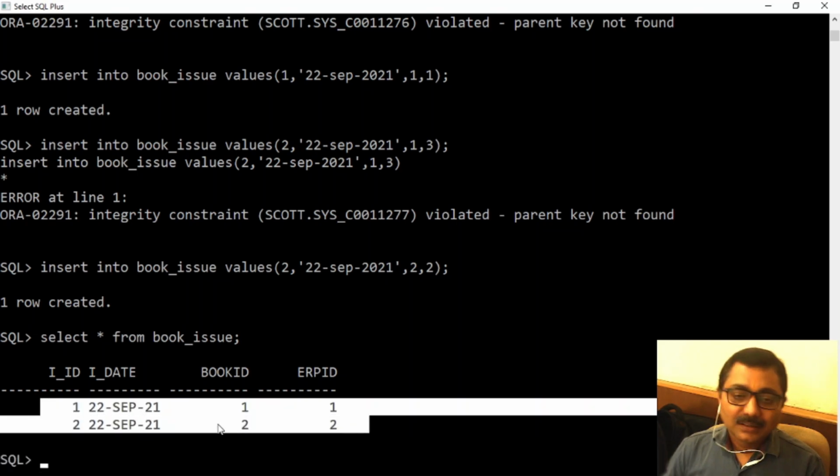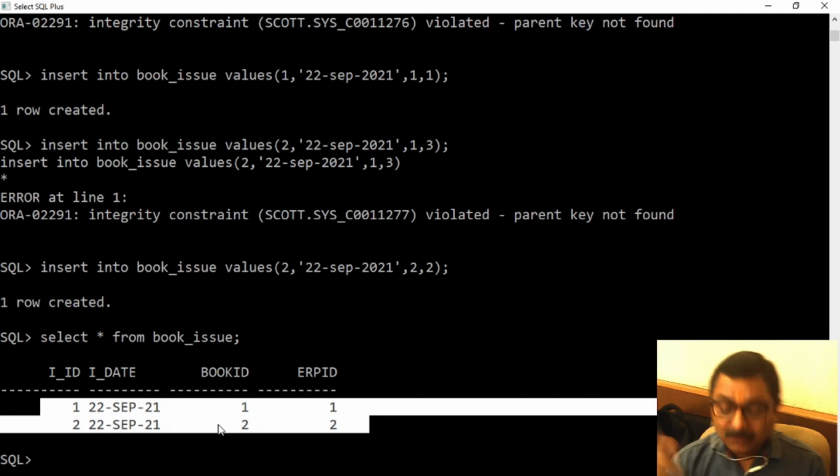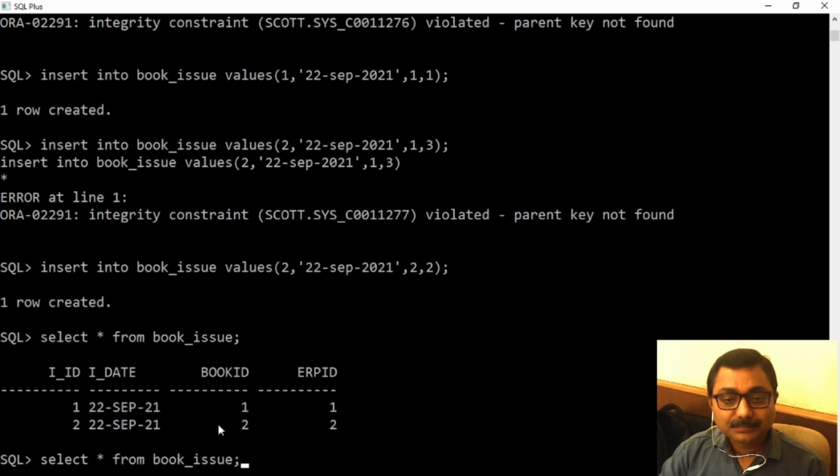Suppose a student has taken a book from the library and I want to delete his record from the master table, that is, student. Similarly, if a book is issued to a student and I am trying to delete the record of that book, it is not possible. Let's test it.